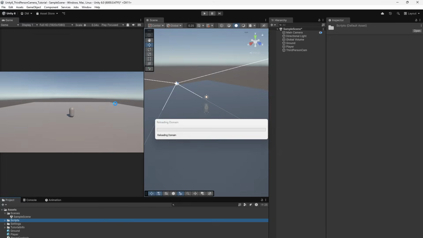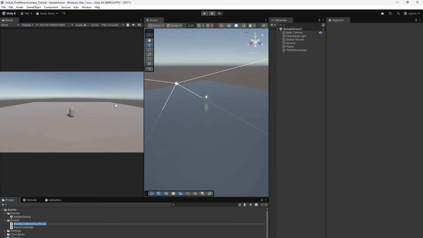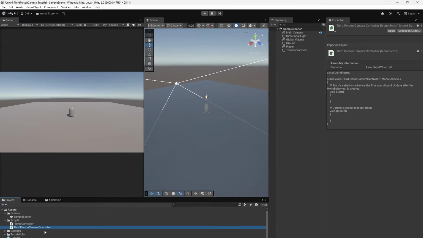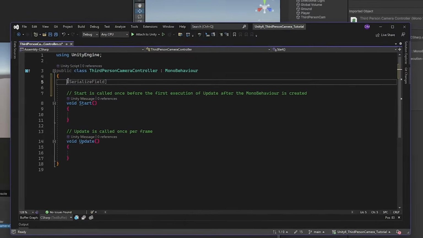and I will right click on Scripts, hit Create Mono Behavior. I will name this mono behavior Third Person Camera Controller. Let's double click this to open it. So we're going to add some exposed fields for the